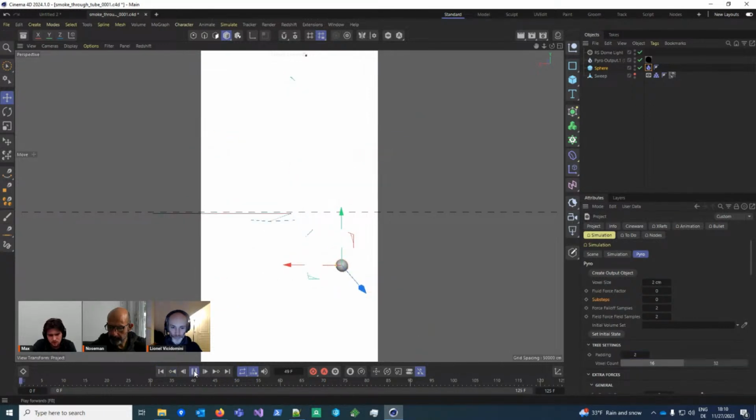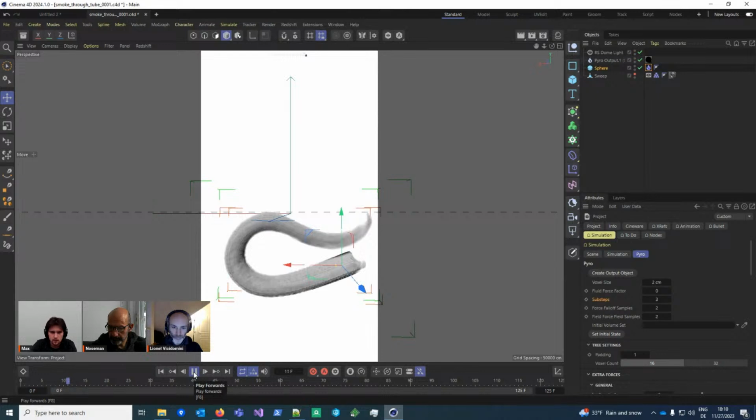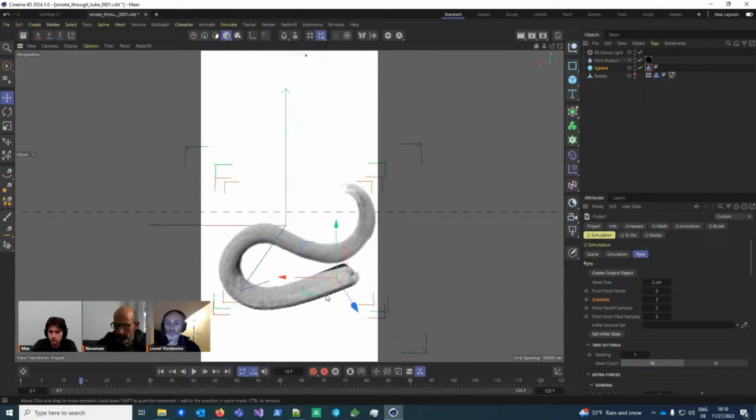Similarly, if you increase the padding a bit, it will look a bit better, but still ultimately fails. So at least having some substeps here is important. 5 might be a bit too much. It might also work with 3, which would overall improve performance as well. But that's something you can play around with.